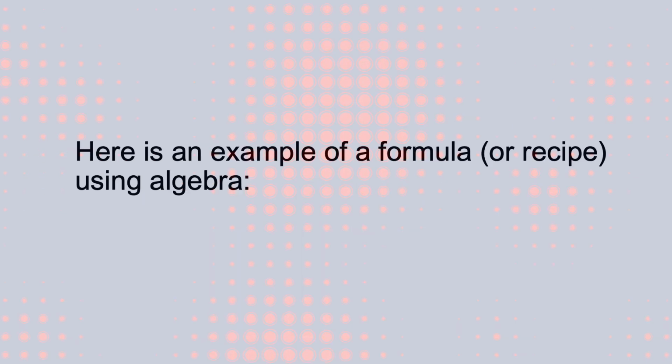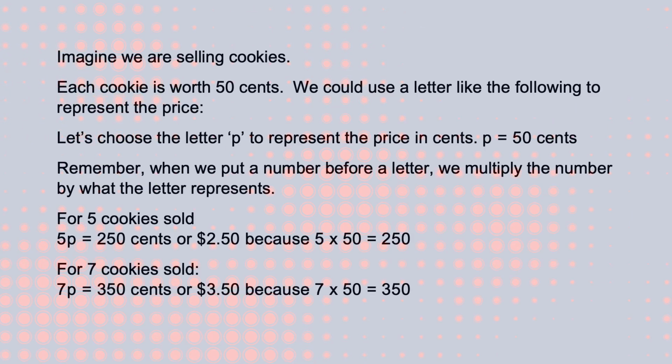Here is an example of a formula or recipe used in algebra. Imagine we are selling cookies. Each cookie is worth 50 cents. We could use a letter like the following to represent the price. Let's choose the letter P to represent the price in cents. P equals 50 cents. Remember, when we put a number before a letter, we multiply the number by what the